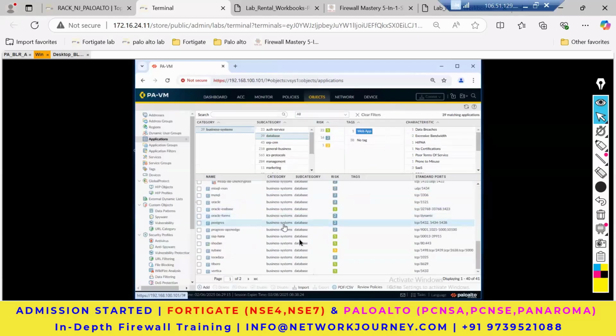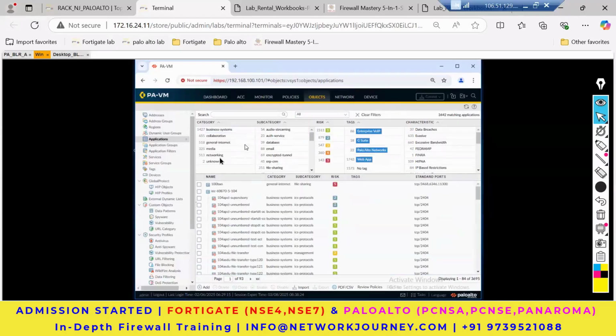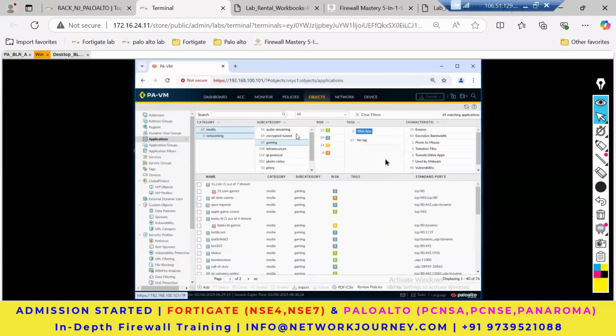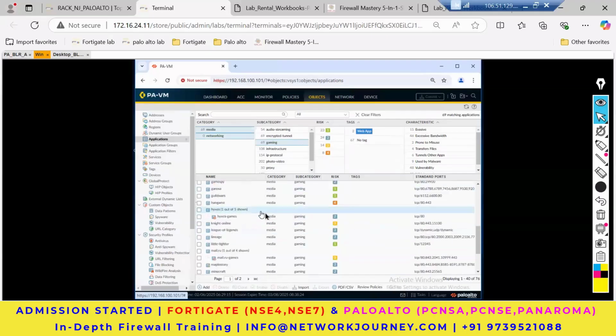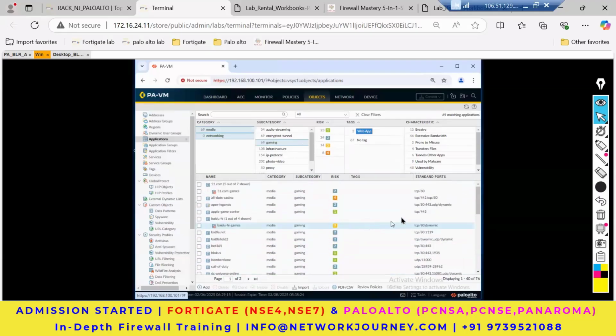So these are the business ones, and there are two pages, right? So these are the categories, right? On the category wise, you can filter that, right? So if it's a media one or if it's networking, right? If it's networking, and then you go here, it's a gaming one, right? So you see all of these, and there's the risk factor that is given across this application. So whichever the application is there,